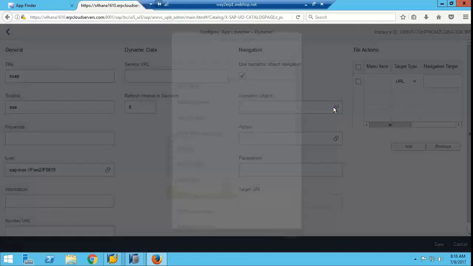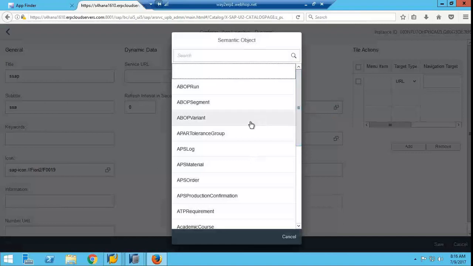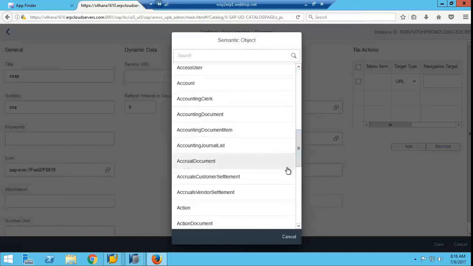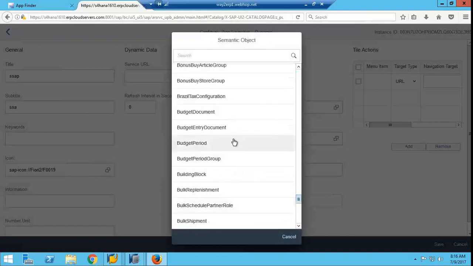Here, these are all the things you have to fill. Okay, semantic object. There are so many. Based on this only, the app will generate.